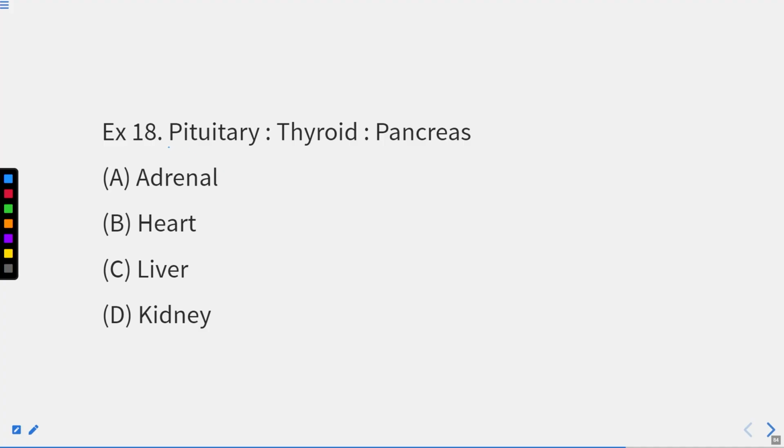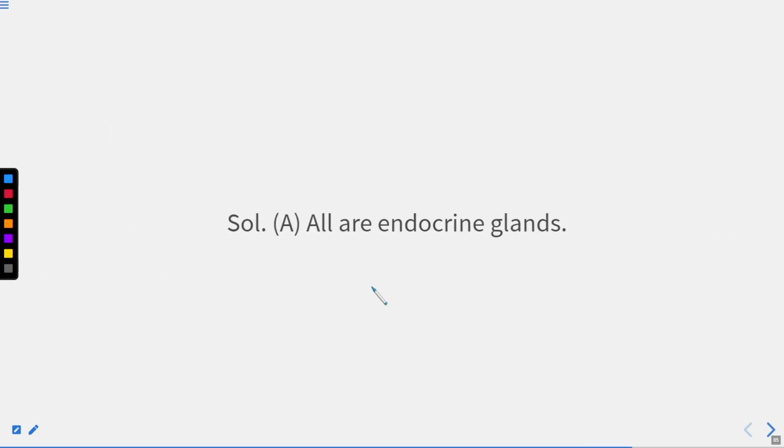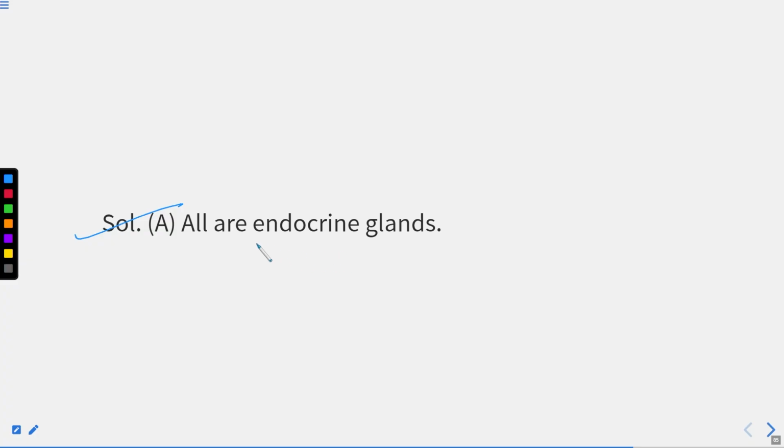We know that pituitary is a gland which causes thyroid. Okay. Pancreas. Where does pancreas happen? Liver, kidney, adrenal. Now, those students who are interested in biology a lot are able to answer it very well. So we know how it is related. It is related to adrenal. Pancreas is related to adrenal. That is option number A, which is an endocrine gland.